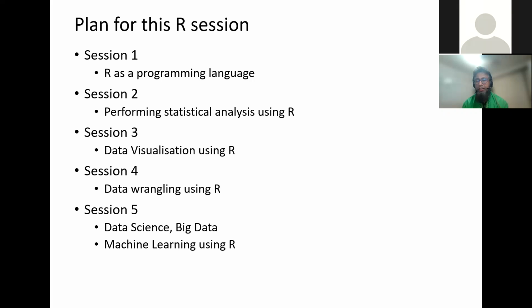So R as a language is very, very powerful. It can do statistical analysis, as well as, as a data scientist, I use it more for machine learning, more like building models, which will be session 5 mostly. But to get to that level, we need to know the nitty-gritty details, the building blocks of R. And that's why I have put sessions 3 and 4 more like getting to know R using